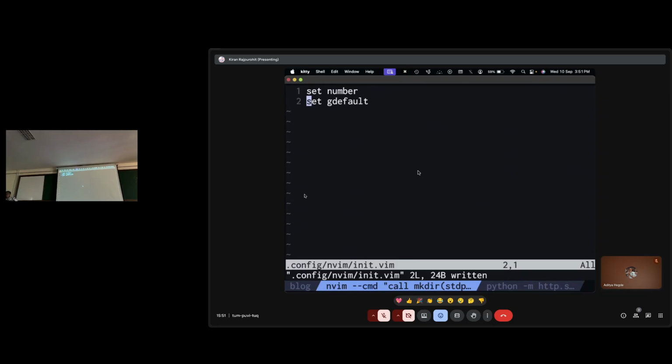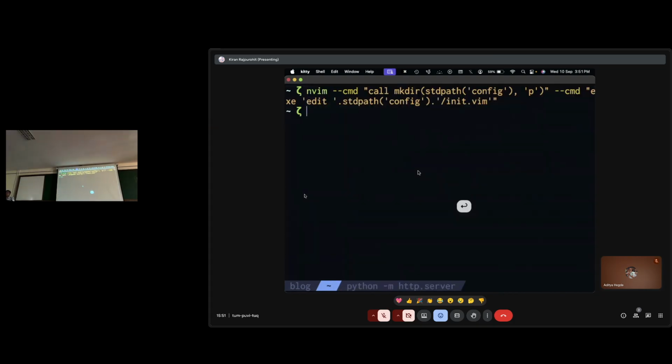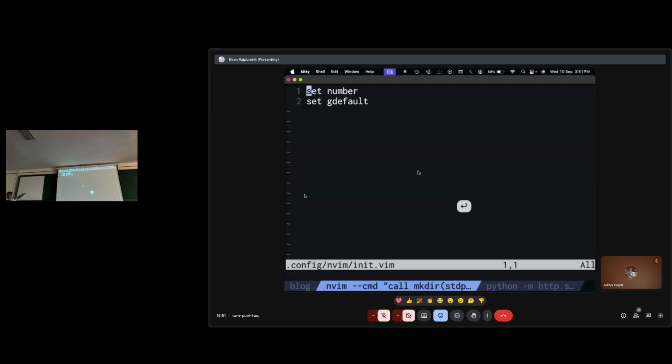How do you exit Vim? I think it's a meme at this point. I think most people know how to exit Vim. Just do :q, enter. And that's how you exit Vim. You can run the previous command that I gave you again, and you enter Vim with the same config file. Everybody following? Have I lost people? Okay.